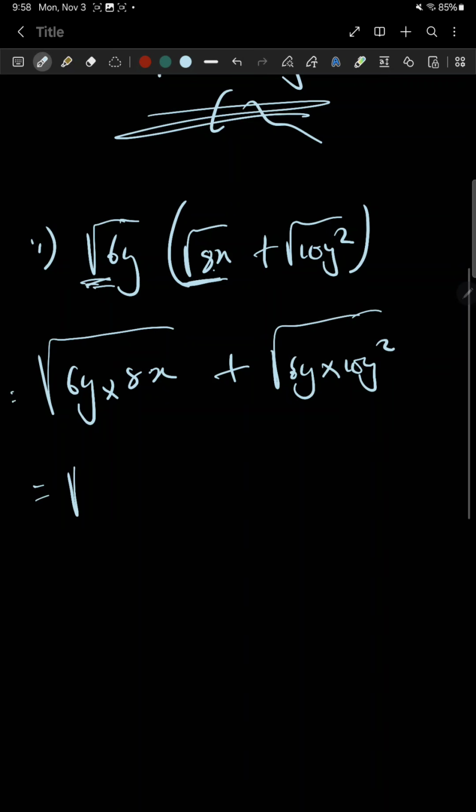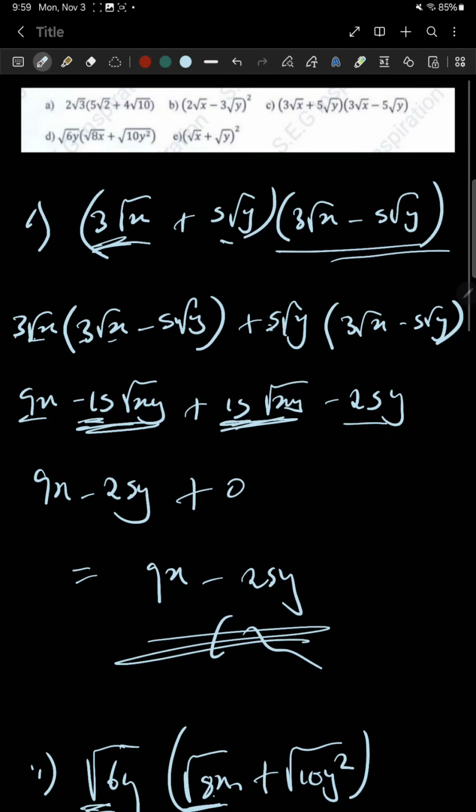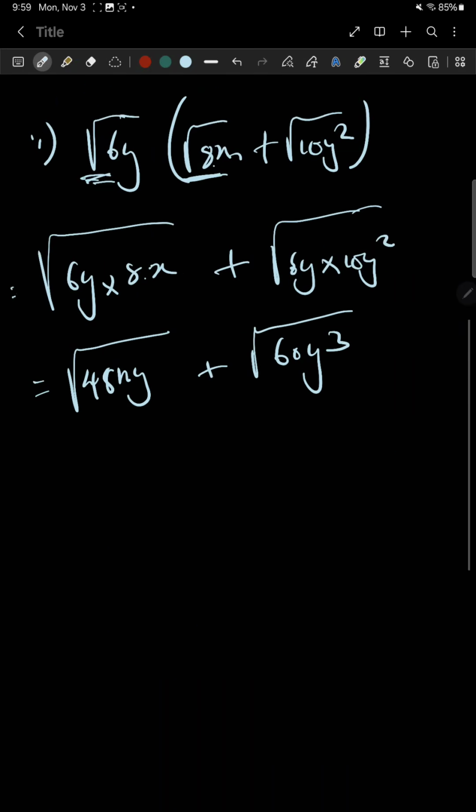Now what is 6 times 8? That should be 48 if I'm not mistaken, because 8 times 5 is 40, so it will be 48xy plus the square root of 60y cubed. I know you can simplify further, but my whole point for this video is to show you how to expand and how to manipulate them. The last question